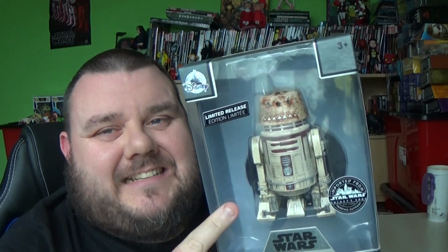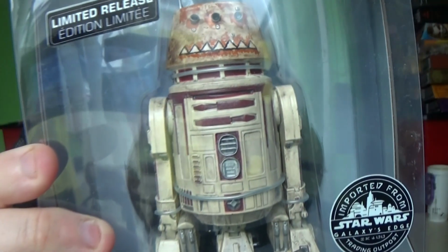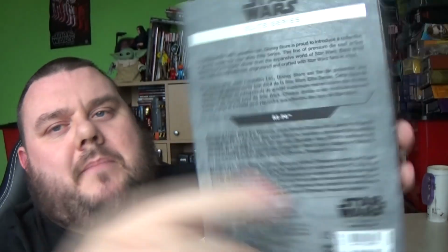This was £22, it wasn't cheap, but it is die-cast metal, and it is a continuation of the Droid series, a part of the Star Wars Elite series, which is a Disney Store exclusive, can be picked up in Disneyland as well, and Disney World. And it does say limited edition or limited release on there, and it does have the Batuu sticker, which is pretty nice. It has sort of the Droid specs on the side, and on the back it has a pretty